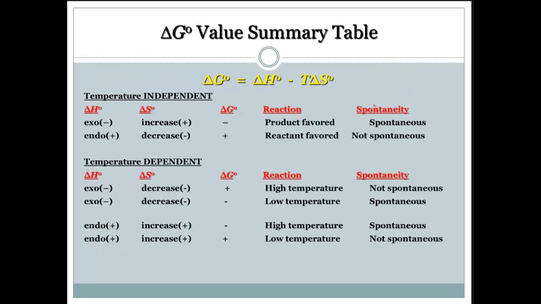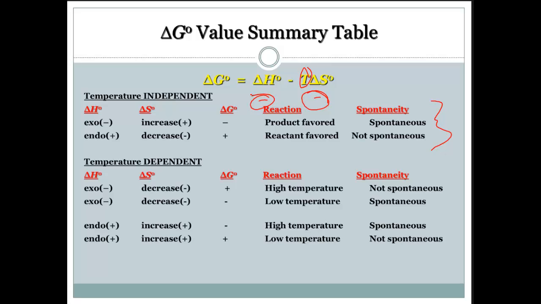So those two situations were temperature independent. It did not matter what the temperature was. This did not play any value into it whatsoever. However, there are situations in which it does. If it's exothermic, meaning delta H is negative, and then if we say that the delta S is also negative, it's becoming more organized. At a high temperature, this number over here with the delta S is going to go up, and it's going to make the delta G overall be positive and not spontaneous. At a lower temperature, the delta H is going to be more prevalent, and it will be spontaneous,